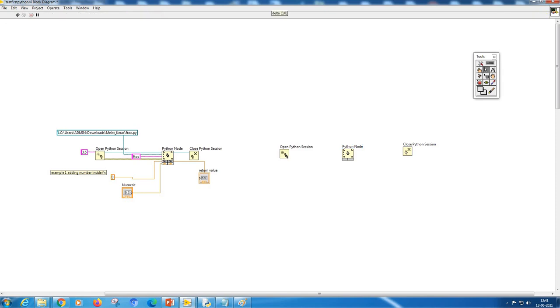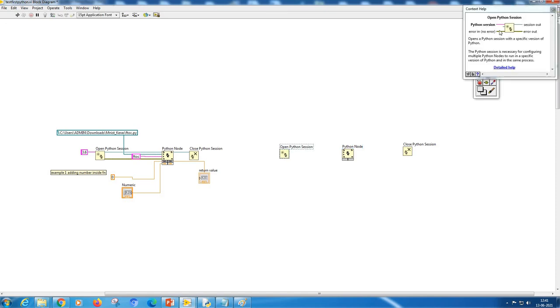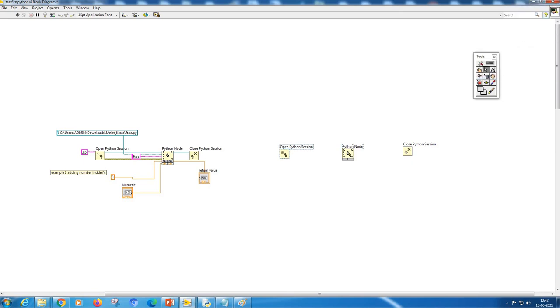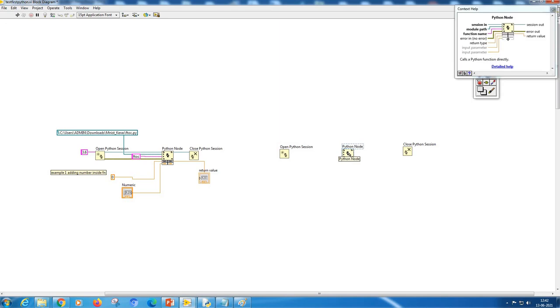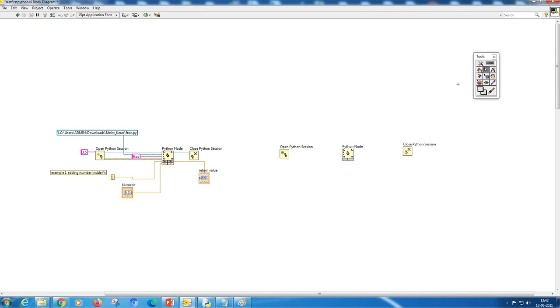Now in the open Python session, if you want to see what it is, you can press Ctrl H. It will give you the details about what this block contains. You have to fill in the Python version inside. And if you go here, you can also see the help for the Python node. What all things you have to fill in is the most important thing, and I will explain it in detail.